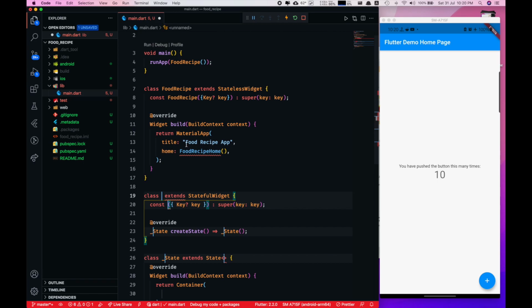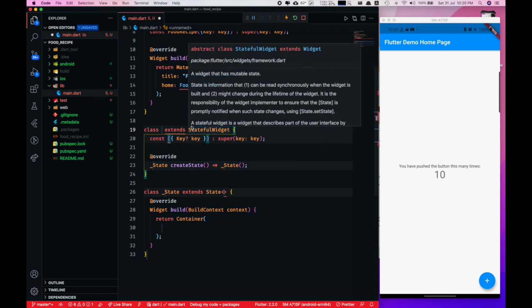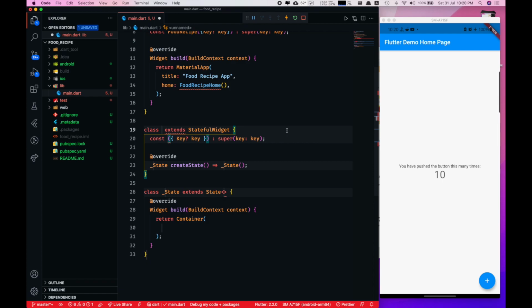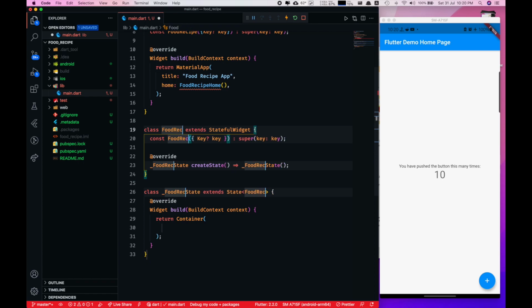When I click on that shortcut, it creates the whole code for me. You can see there are 6 cursors blinking for naming your class. So, food recipe home,